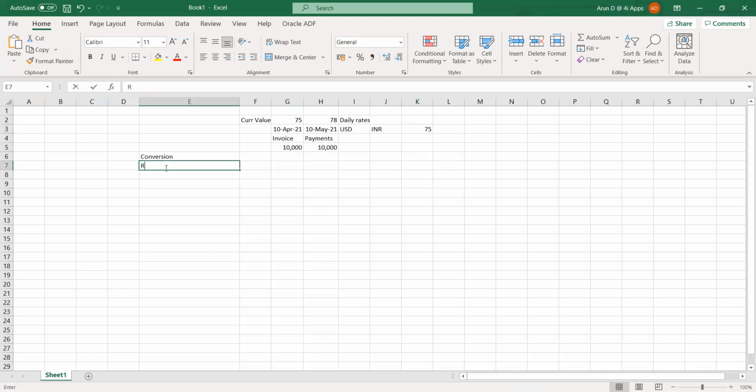So what is revaluation? Revaluation is nothing but revaluing on a particular date, let's say month end. So on 30th of April, what is my currency rate, and what is my gain or what is my loss? Understanding this particular part is called revaluation. And this is only for the balance sheet accounts. And then we have the translation. Translation is nothing but translating the entire balances to our functional currency. So that is the difference between all these three.